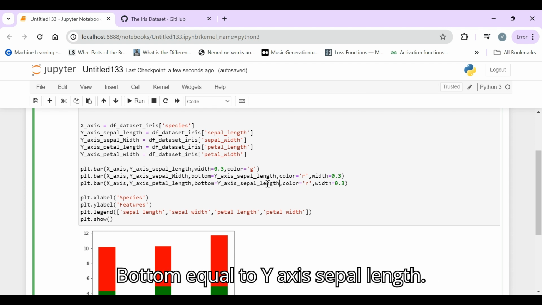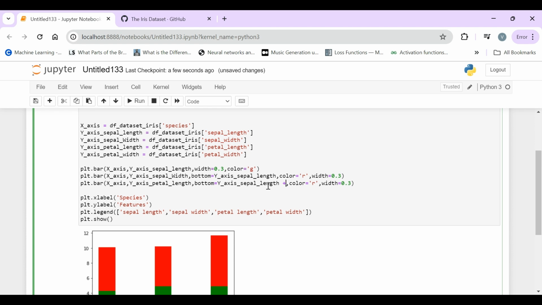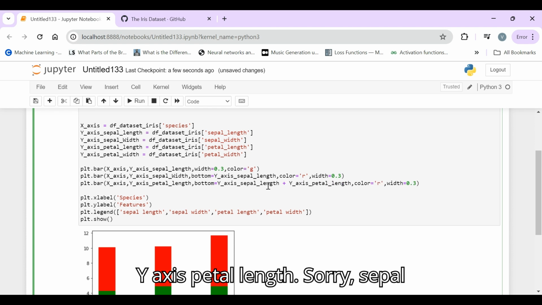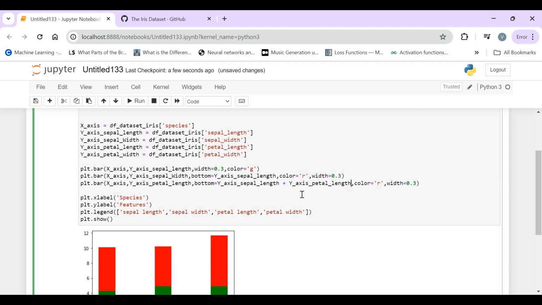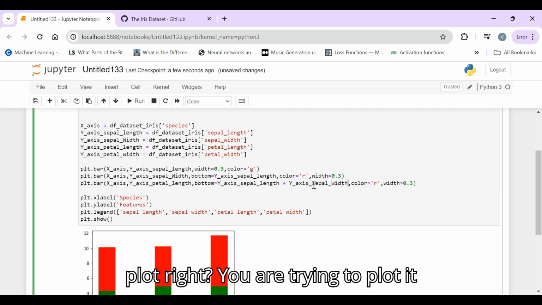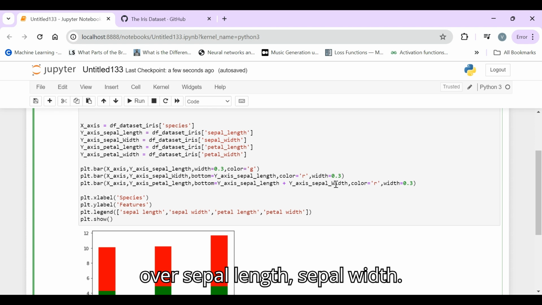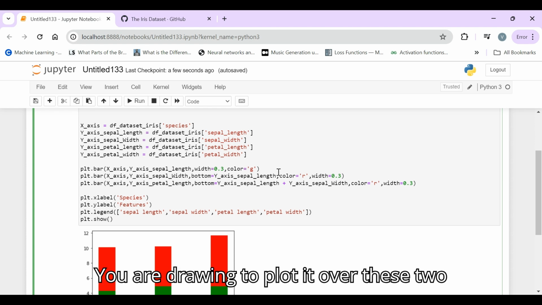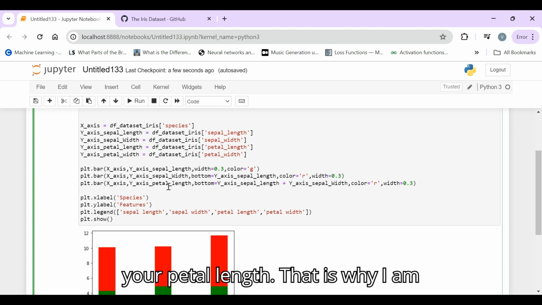Bottom equal to y-axis sepal length plus y-axis sepal width. You're trying to plot your petal length over these two.